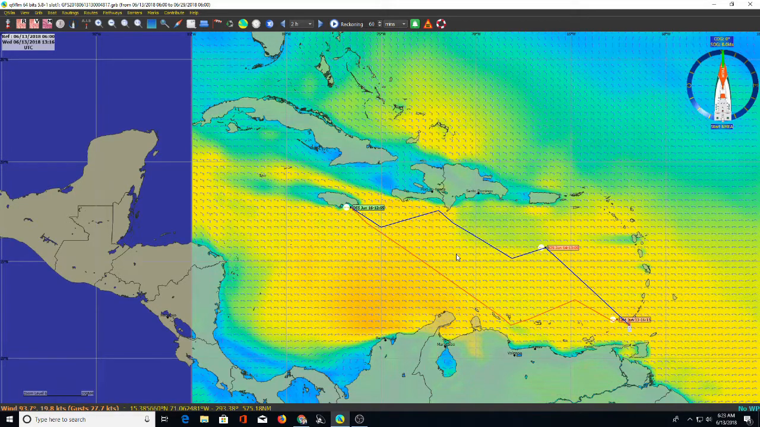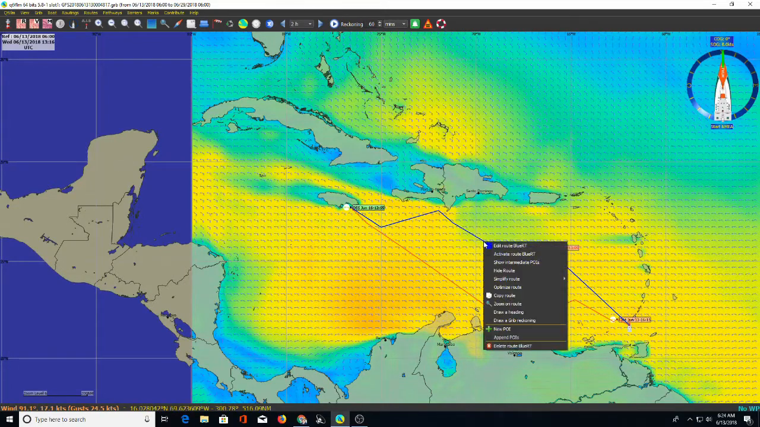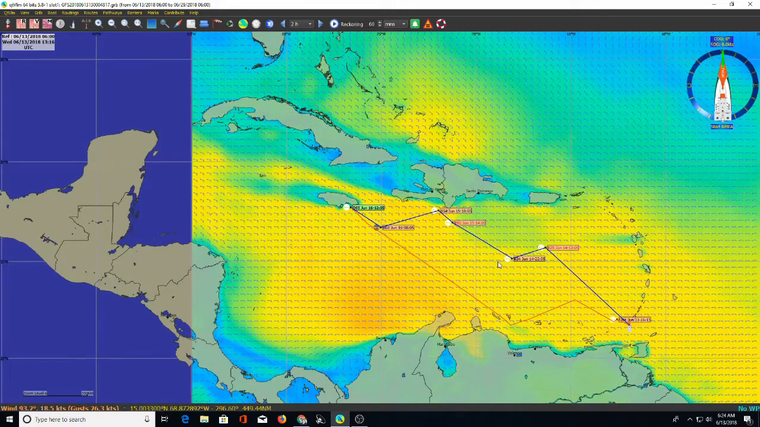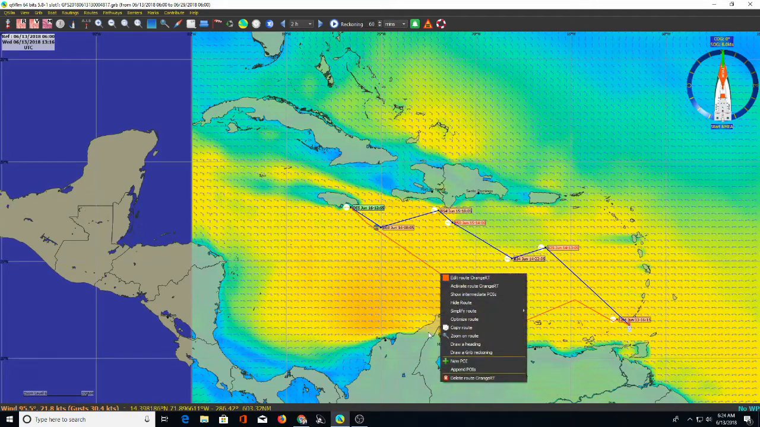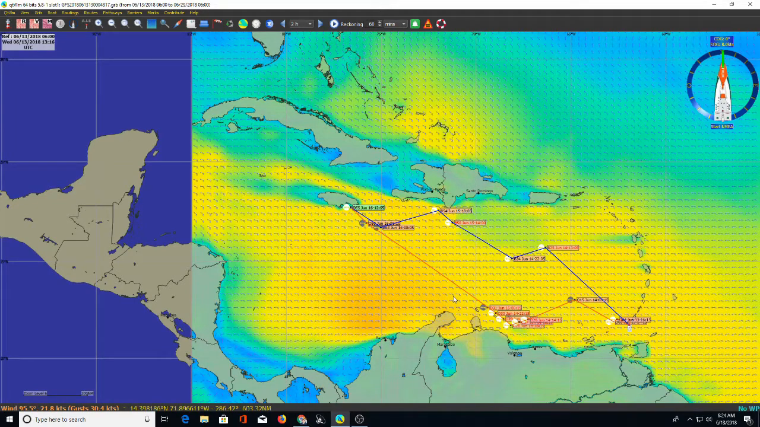I'm trying to think if there's any other information that I may have left out. I guess one thing I'll point out, let me show the intermediate points here. And we'll show the intermediate points on the other one. One thing that you notice, some of these intermediate points, the wind angle is displayed in gray and some of them are displayed in white. What that means is when you hit that